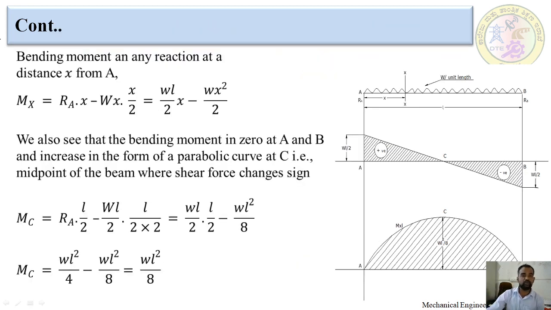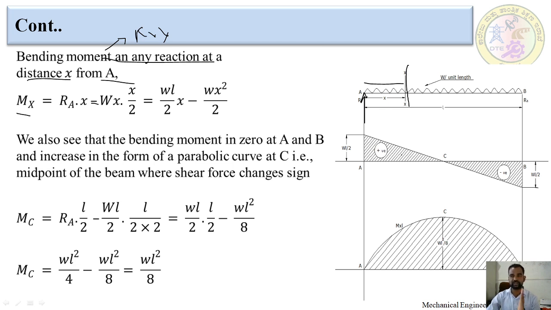Now I want to find the bending moment at any section at a distance of x from A. Previously we determined the shear force, now we have to determine the bending moment. Bending moment means force into distance. Mx is equal to RA into x. This is RA, this is x. RA into x has a positive sign, as we would have studied in sign convention. After that, the minus part, as we would have studied, is from the left to the section, always